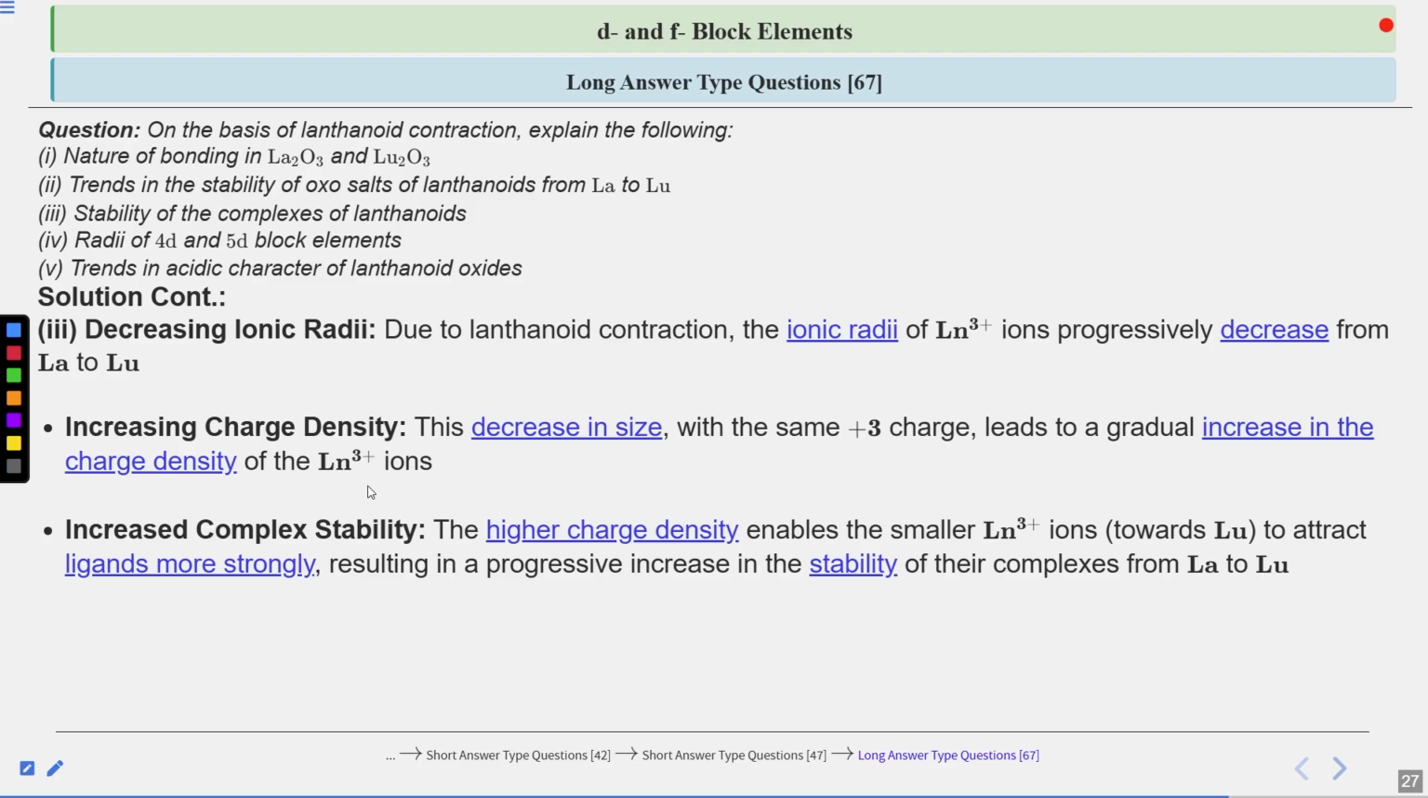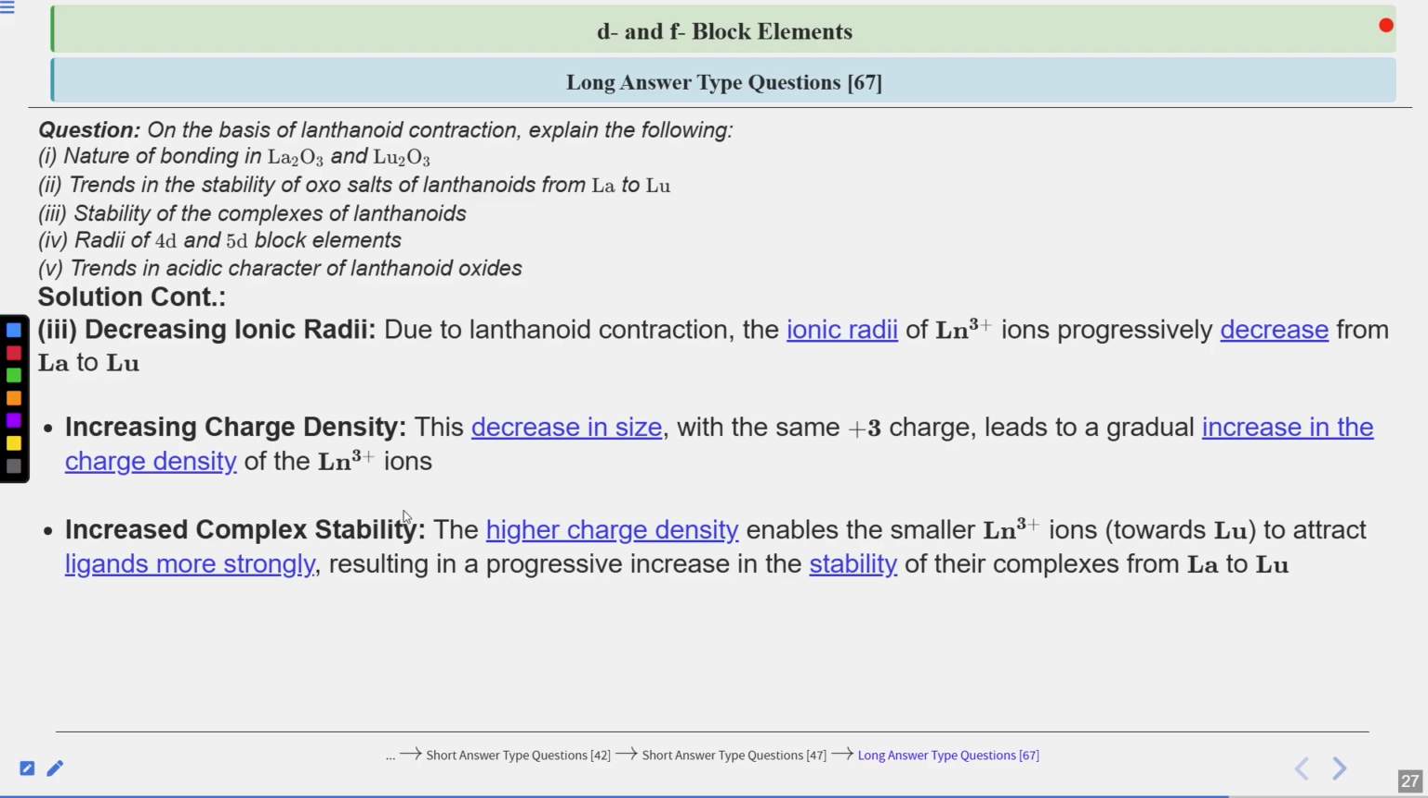And higher charge density enables the smaller lanthanoid ions to attract the ligands more strongly and bind through a various number of ligands, resulting in a progressive increase in the stability of their complexes from lanthanum to lutetium. Because complexes form when the element attaches with a different number of ligands. So because the size is decreasing due to lanthanide contraction, charge density is increasing from lanthanum to